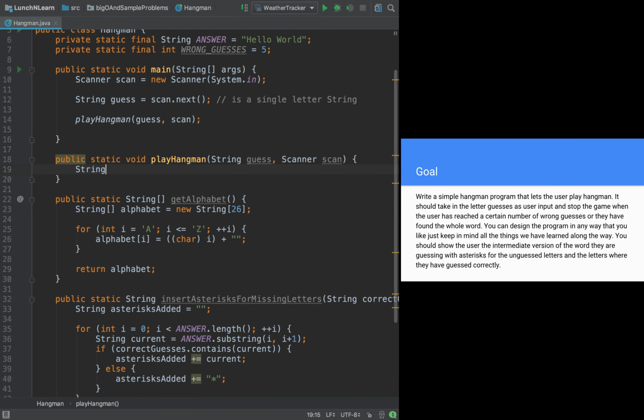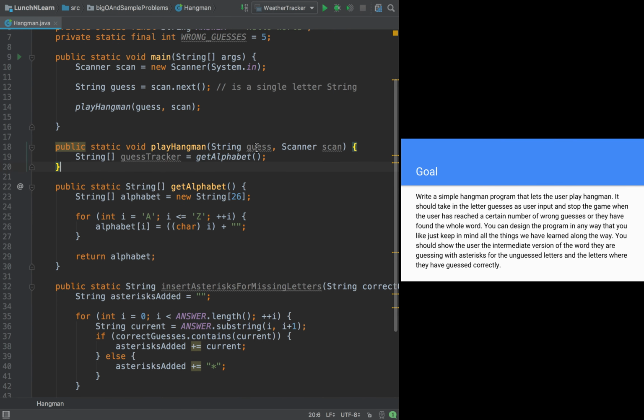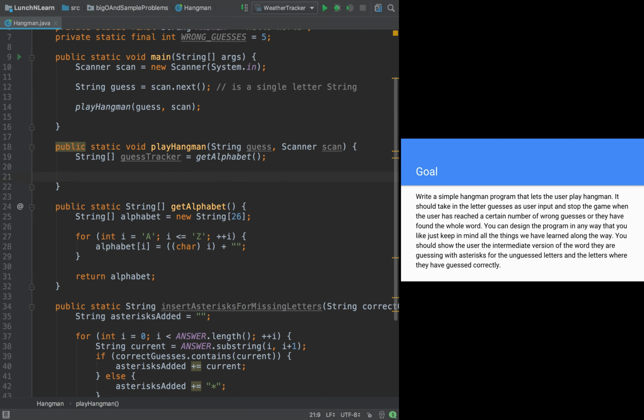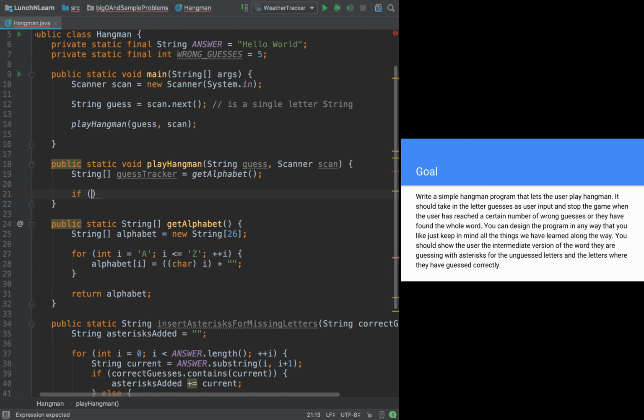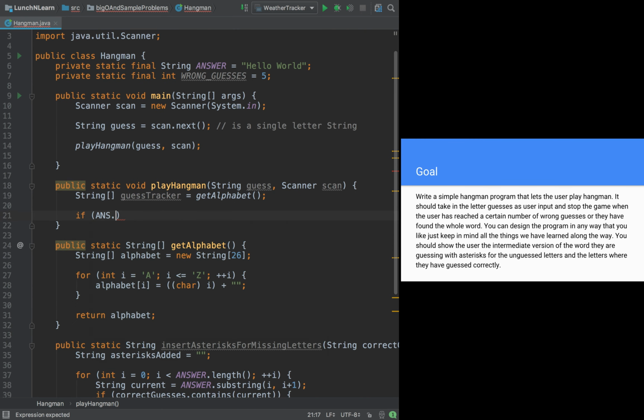So I can say here that string alphabet is equal to get alphabet. And you know what? I'm actually going to call this guess tracker. Okay. So now I have all of that. And I want to see if guess is in the string alphabet or not. So I'm going to say if answer dot contains guess,